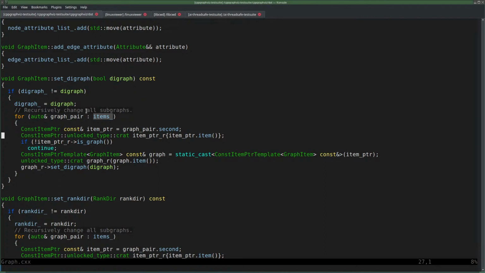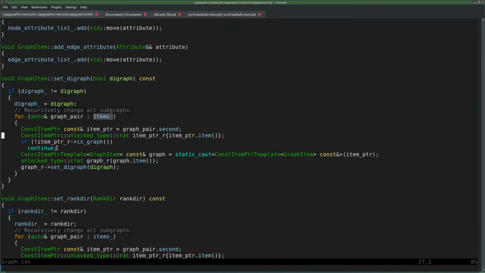Yeah, it runs over all items in the current graph. And it tries to lock that. And it's probably not even a graph. I don't have any nested graphs yet, I think, or do I? Yes, I have graphs inside a root graph, one deep.